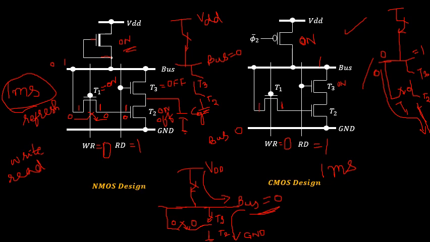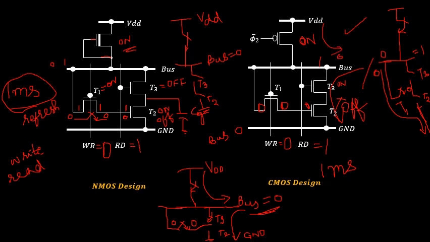So in the write operation, here also it would have been 1, because the write signal was equal to 1. If this is 1, obviously even transistor T2 will be in the on state. So the bus will be pulled towards the ground terminal, because all the transistors are in the on state. If the bus was carrying a value of logical 0, this would have been 0 over here. Transistor T1 was closed during the write operation, so this would have been 0. 0 is the off condition for an NMOS, so this path is open now. So the only path which is closed is in the pull-up part.